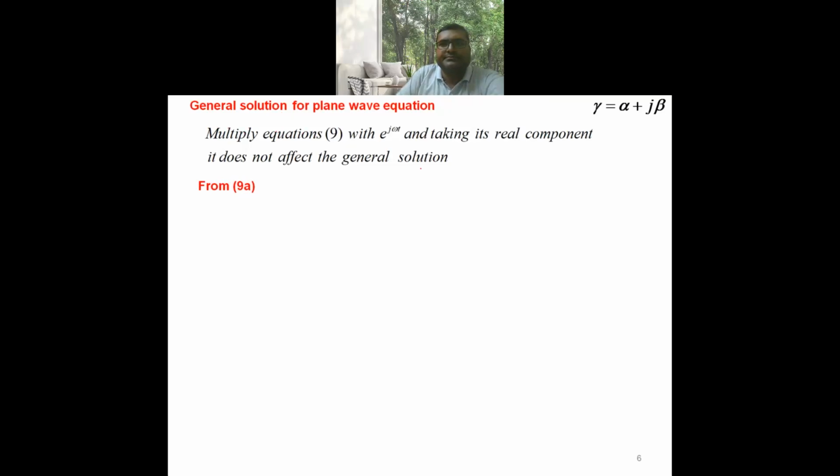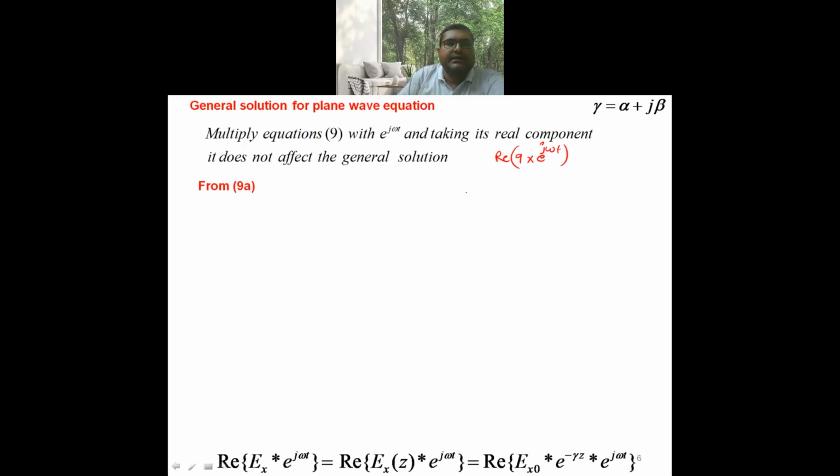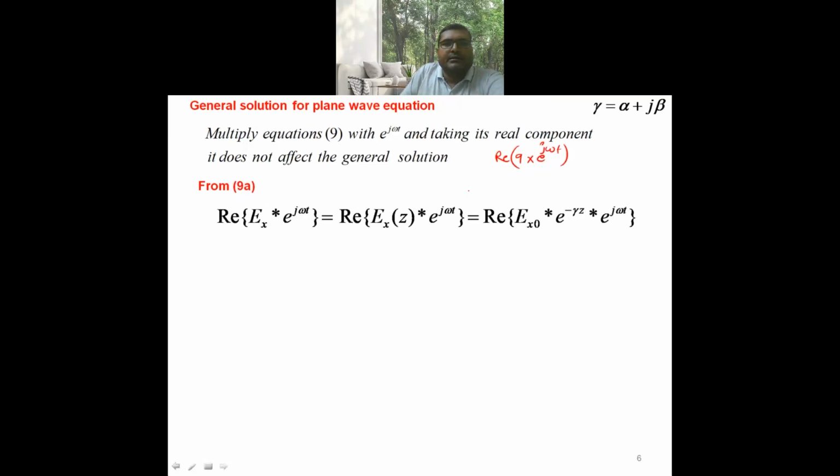Multiply equation number 9 with e power j omega t, and by taking the real component, it does not affect the general solution of the plane electromagnetic wave. From 9a, multiplied with e power j omega t and taking the real component,